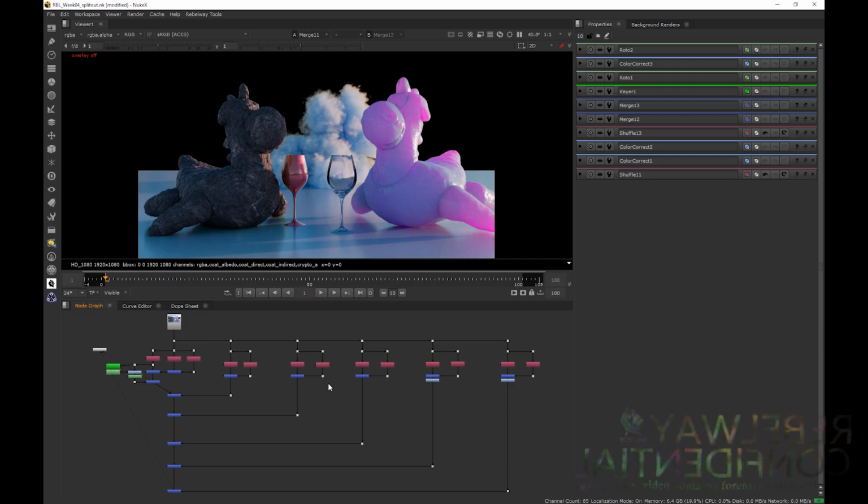So we're going to take a look at the next type of AOV split out that we can do, which is light passes. But first, we're going to take a look at the